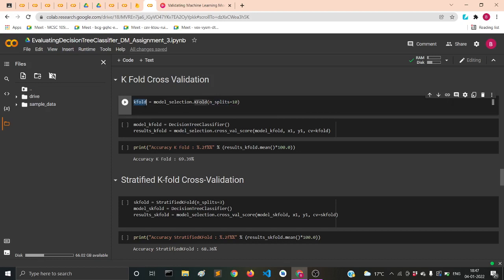Then we have to initialize our decision tree classifier. We will just do that simply without any parameters being changed. We will use the default decision tree classifier. So I will take that particular model and keep it in this particular variable.